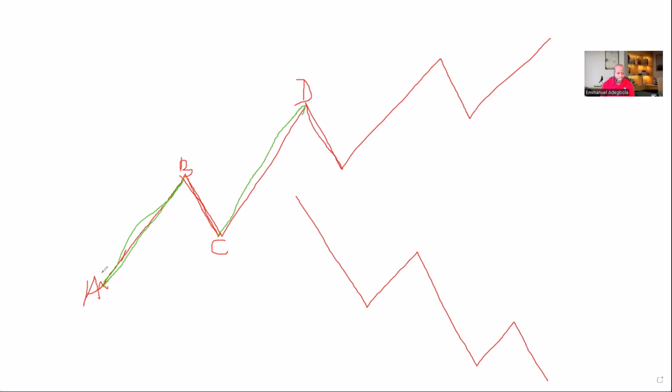So if you miss this opportunity right here at A, then you cannot jump into the trade. You will wait for that particular trend to retrace. Then when it retraces, you can jump into the second move. I call it the second move or second leg of that particular trade. So in this example, this is a complete cycle. The market has a cycle. This is it right here. This is A, this is B, this is C, this is D. So if it moves like this